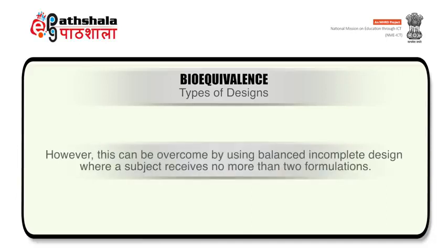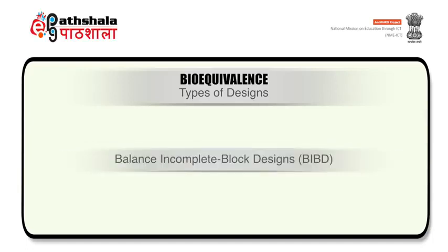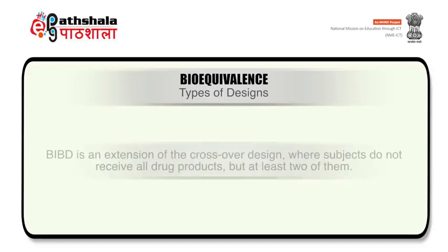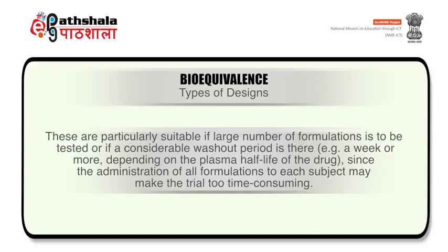However, this can be overcome by using balanced incomplete design where a subject receives no more than 2 formulations. So the next type of design is the balanced incomplete block design, BIBD. This is an extension of the crossover design where the subjects do not receive all drug products but at least 2 of them. These are particularly suitable if the large number of formulations is to be tested or if a